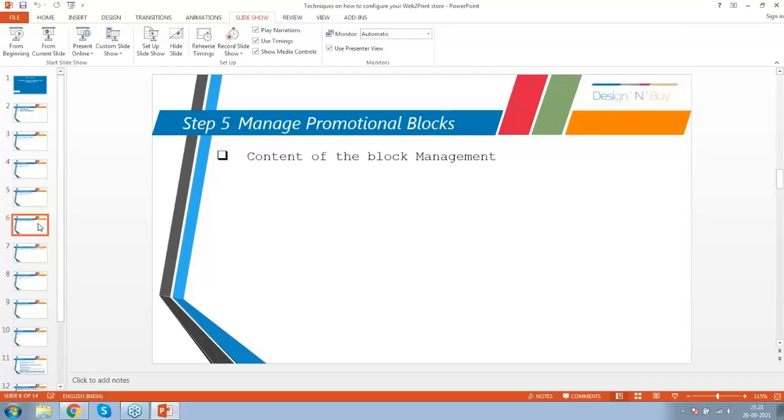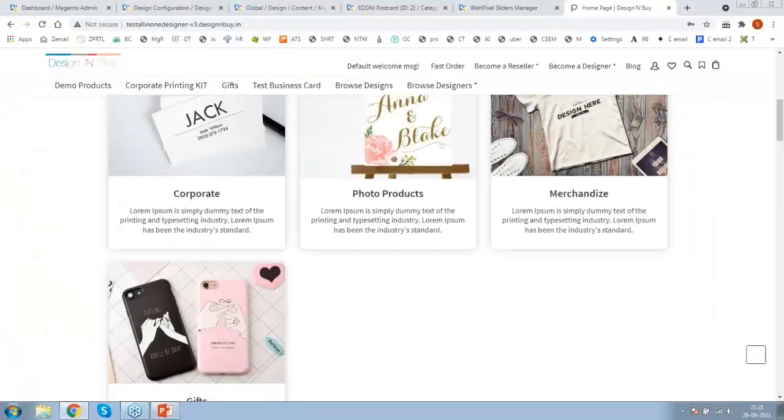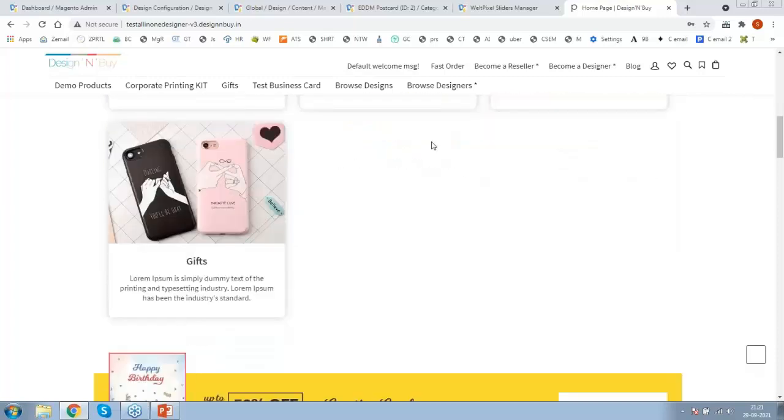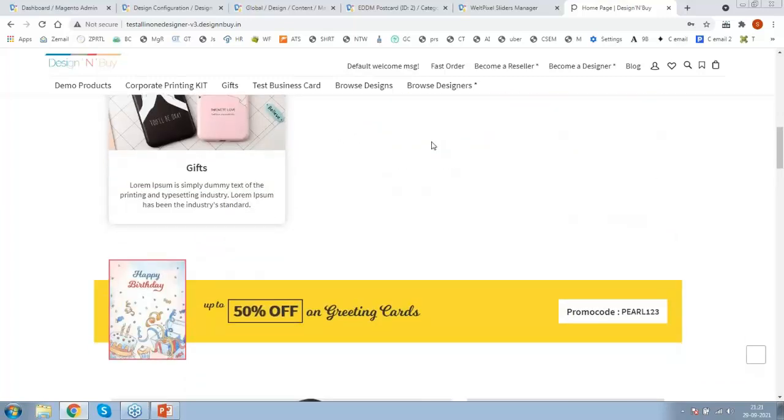And we have the promotional block. Now we can create coupon codes and you can run promotions. So we need a place somewhere where all the promotions or coupons running right now, either catalog price rule or cart price rule, meaning a specific coupon code running for the website, can be shown.